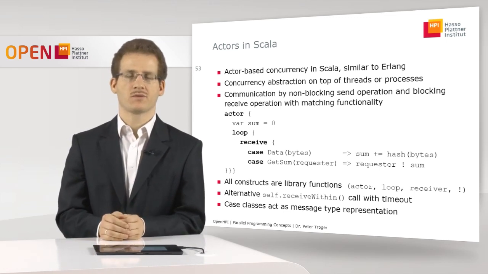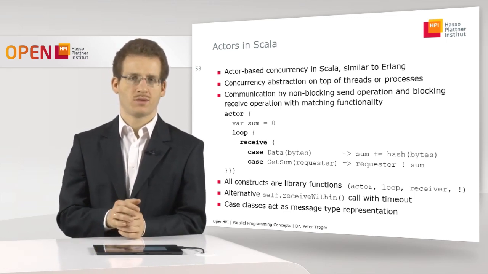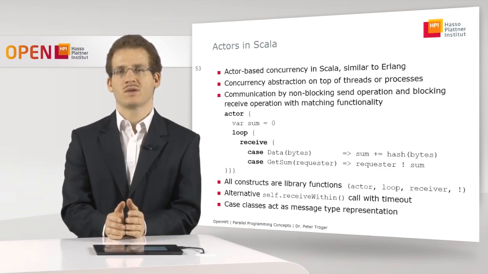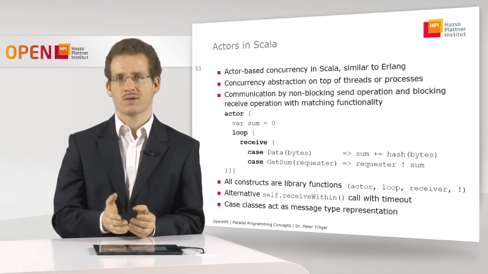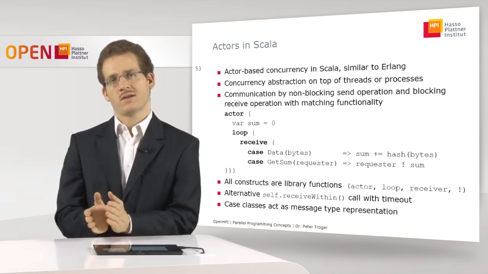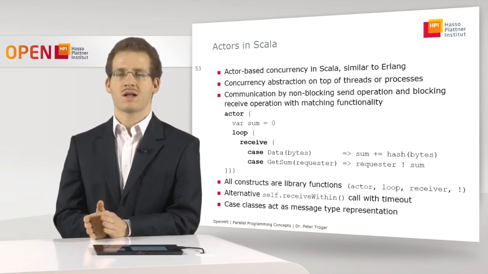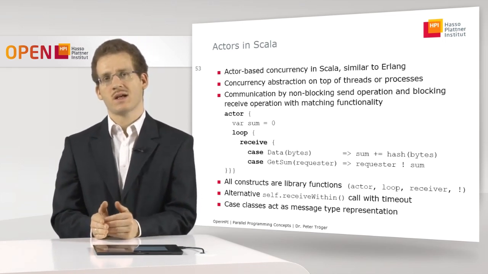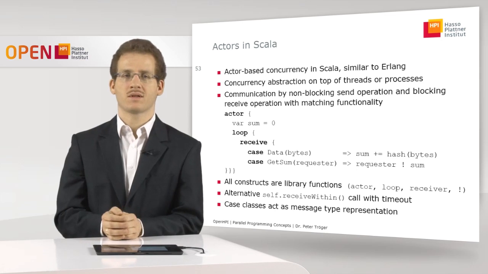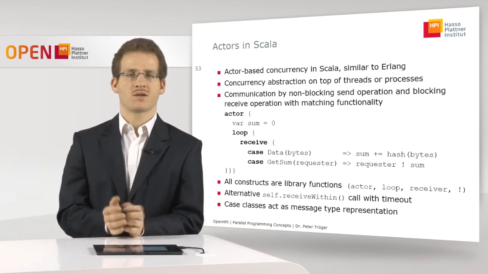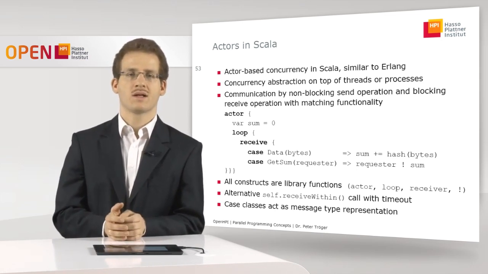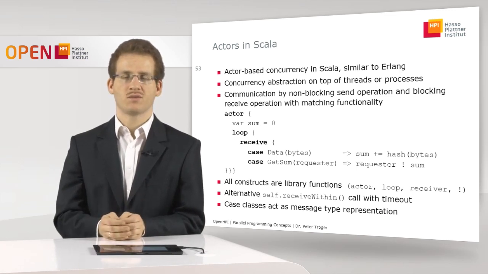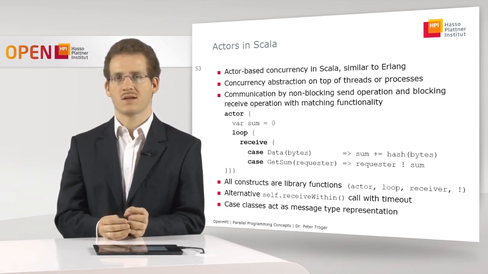So message types are no longer defined by doing explicit message headers and specific bytes as you would do in low-level languages as, for example, C. Here you define classes and you use these classes as your message type. And on the reception part, you just scan for the message type, see if you have it in your mailbox, then you take the message, you read the content, and you react on this. And maybe as a result, as here with the getSum message, you do another output operation where you send some